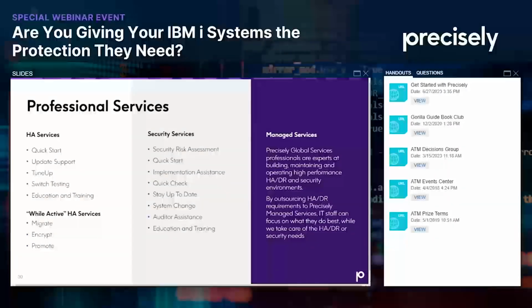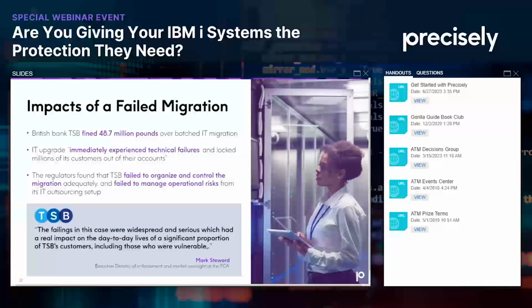play. There was a bank over in the UK that was doing one of these migrations from one platform to a new platform, and had an issue, and it did not go well. And they ended up being fined by the European Regulatory Agency almost £50 million because they had failed to essentially do the right due diligence. And they were